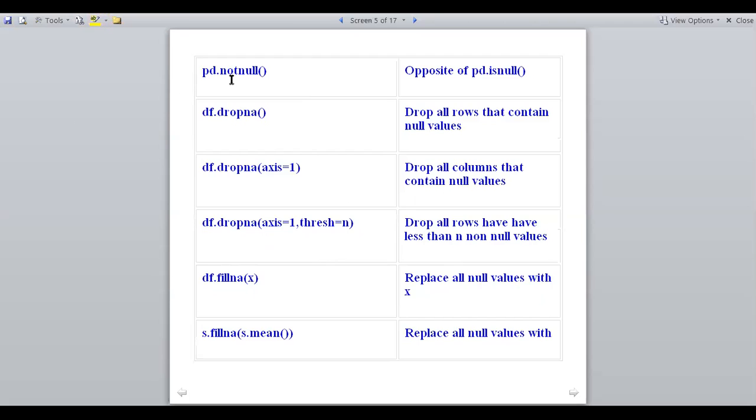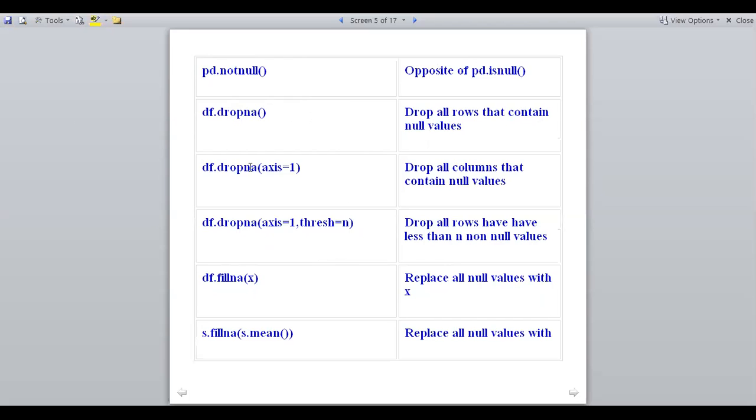Now pd.notnull, not empty. It is the opposite of pd.isnull, for non-empty values. df.dropna(): what does it do? It drops all the rows that contain a null value. All those records will be dropped, similar to MySQL.